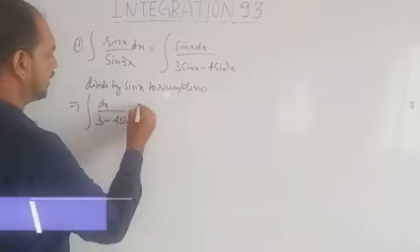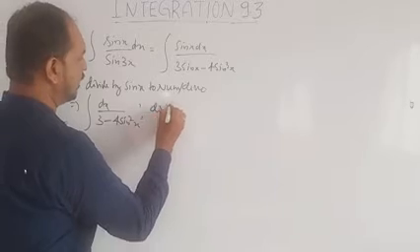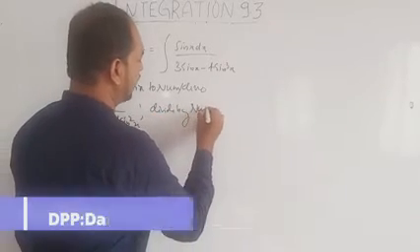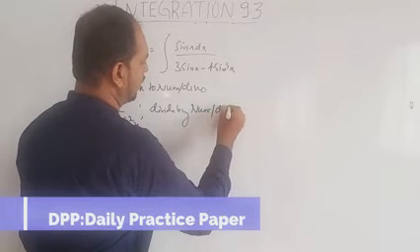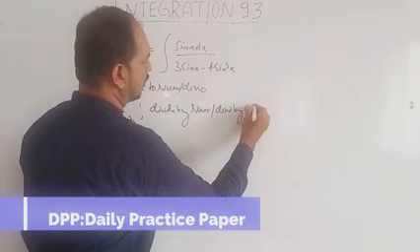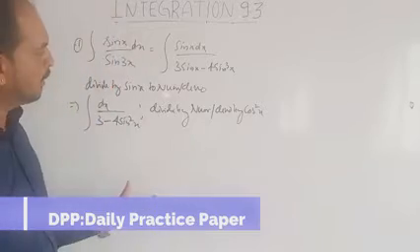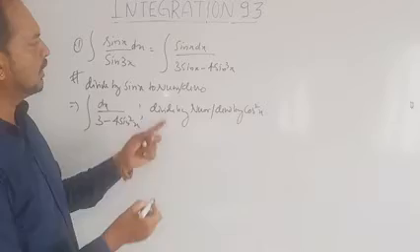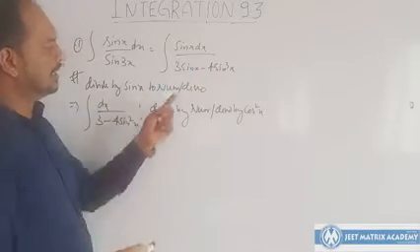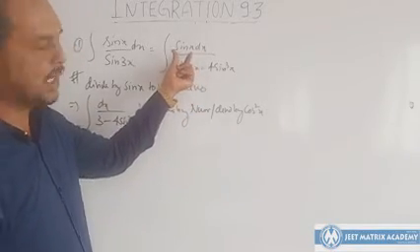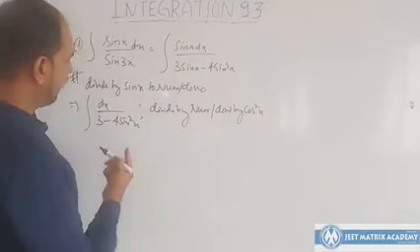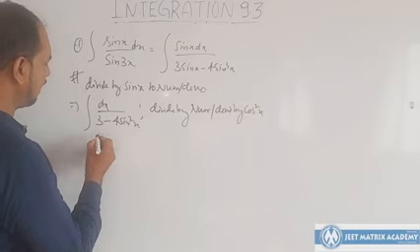Now again divide numerator and denominator by cos square x. Now the rest of the things will be the same. The only thing is this step is different. Supposed to convert because sin x is there throughout. So numerator sin x is there. Better you divide numerator and denominator by sin x. Then the rest of the things will follow the same.